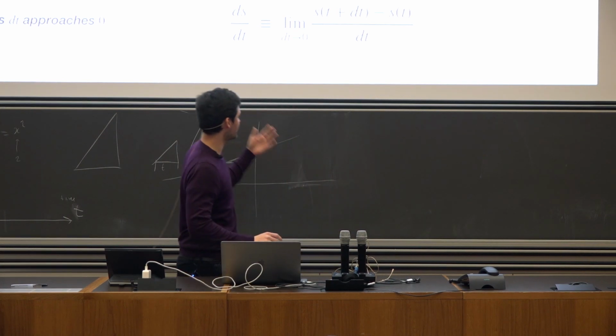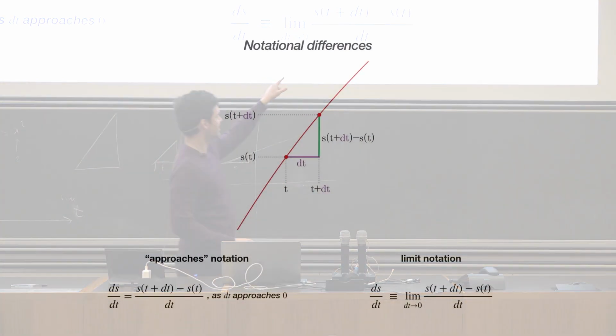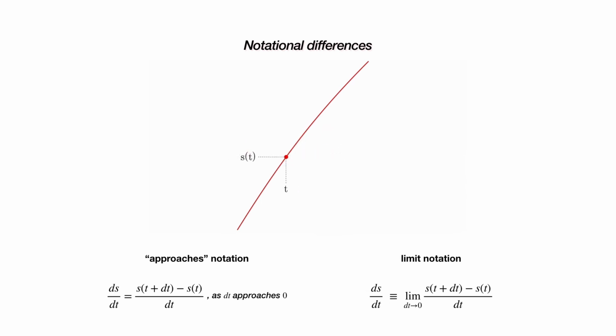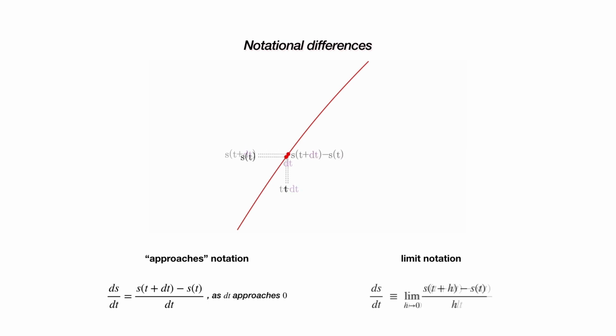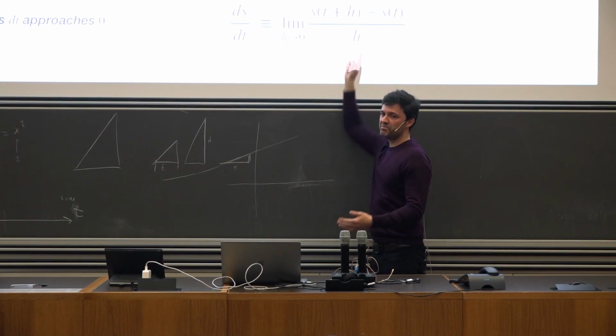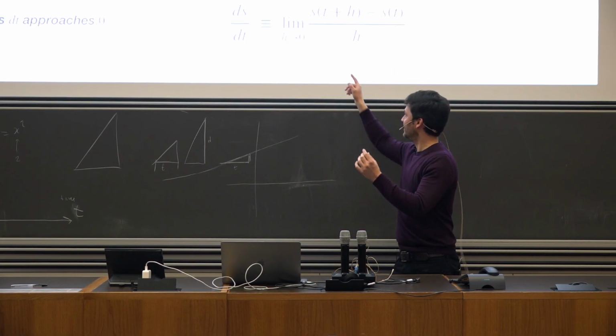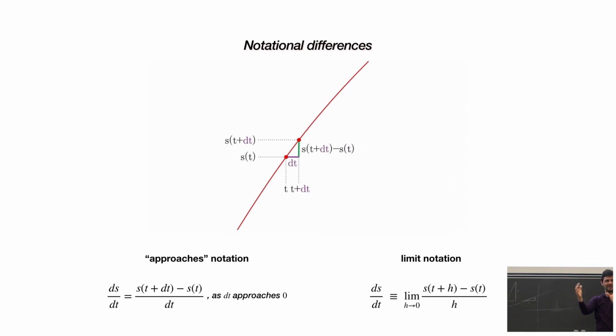Yeah? And then there's one more thing just to note. You remember this dt, that is a kind of special variable which shrinks? Well, with limit notation, limit takes this special thing and takes it to itself. So instead of imagining dt to be some special variable, you can imagine that limit now takes care of taking any variable here and making it so that it shrinks. Yeah? So instead of saying s of t plus dt minus s of t divided by dt, you can use any variable, for example h, and say that the derivative is the limit of this expression, but then this h can be any variable. It doesn't need to be special variable, because lim notation makes it into the shrinking variable.